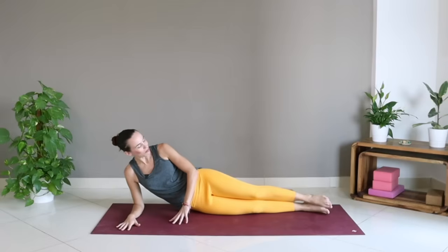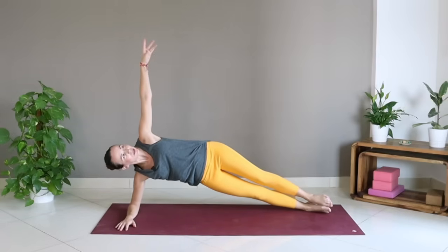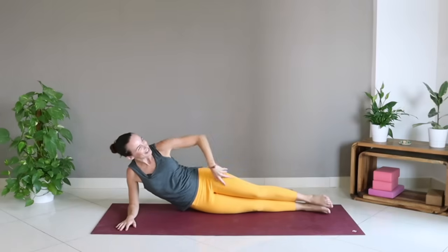And then opening the eyes, pressing that forearm down, pressing your feet down as you lift the hips up and reach for the ceiling with that left hand. And slowly setting yourself down, and we have 4 more on this side. So lifting up,